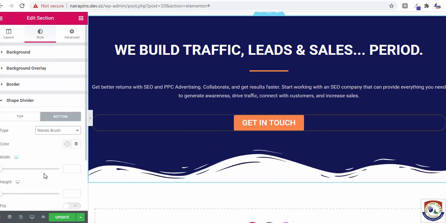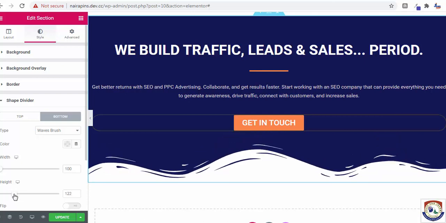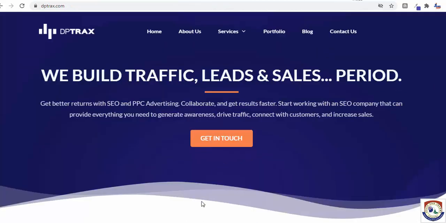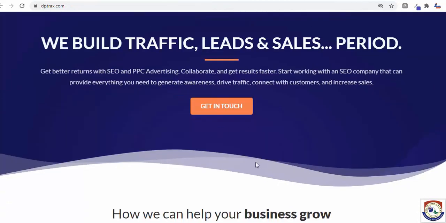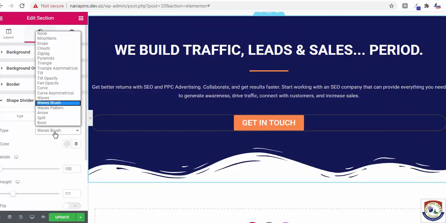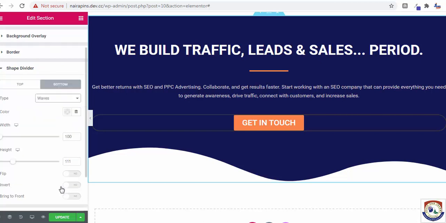Now we can just do something here. Let's adjust the width, and the height. I think it's similar, because the person is using Elementor, so the design might be different, but at least we are getting a similar thing here. Let's choose wave here. You can invert, you can flip.